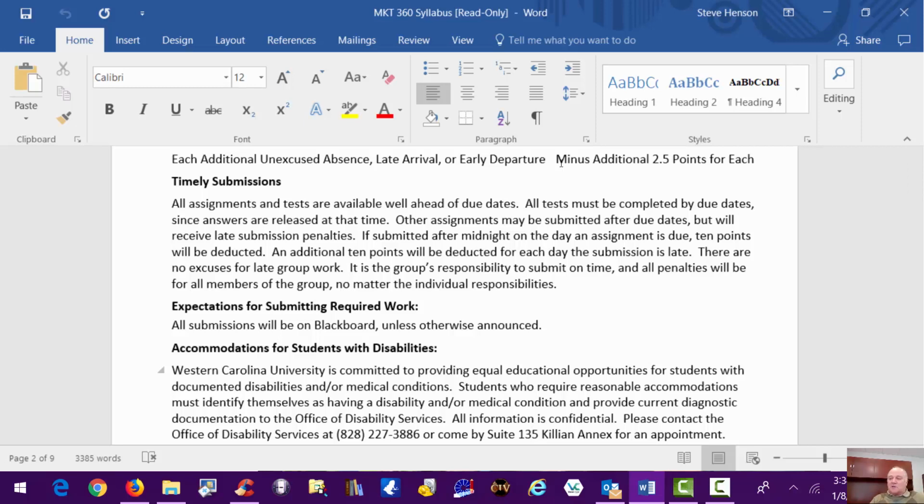I'll point out that just as you'll find in your work world, while late work can sometimes be acceptable, it's never worth as much as on-time work. So you start losing points when you're late with submissions. Now, I'm not a jerk about that. If you have a midnight deadline and you turn something in at 12:04 a.m., I'm certainly not going to be screaming at you or deducting you, but the general rule is get it done, turn it in on time.